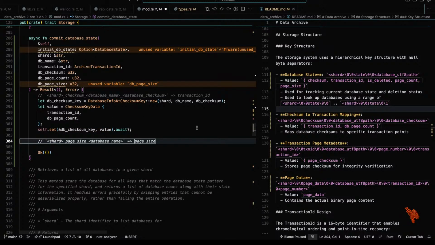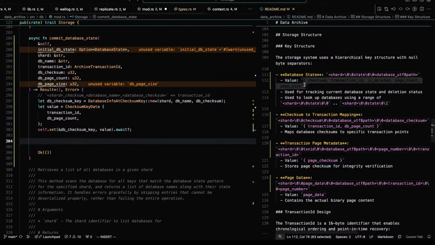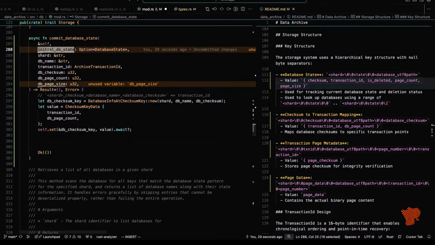Okay, so now we do the compare and swap. So given this key, the value is going to be compared and then swapped if it's the same, which is why we have the initial db state here.